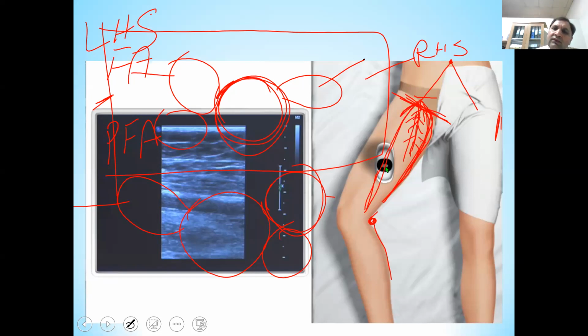Right? Then we have to follow these vessels. Most importantly, we have to follow the great saphenous vein in short axis view. For example, we will move the transducer in short axis view up and down over the great saphenous vein, and this is